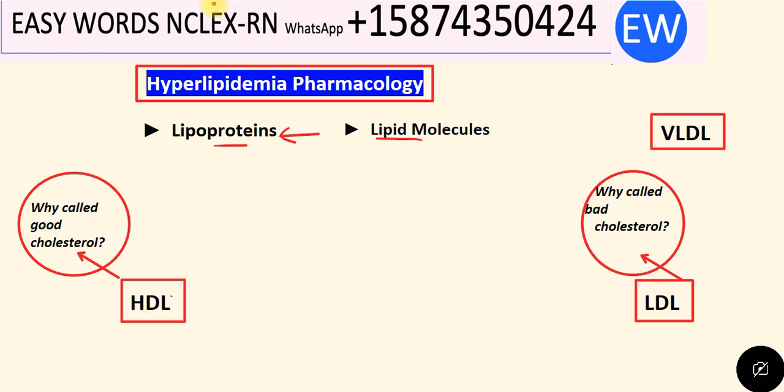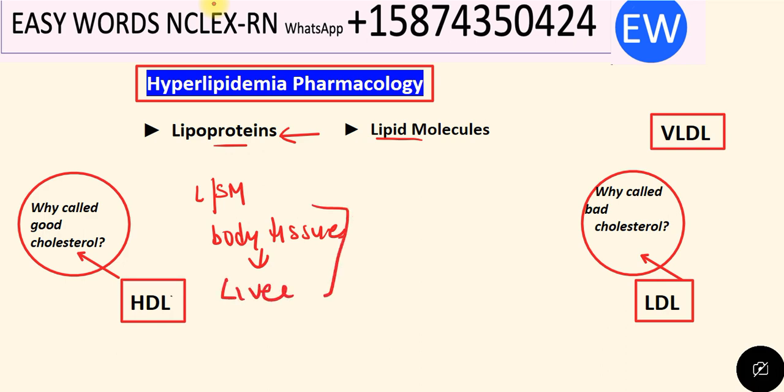HDL is manufactured in the liver and in the small intestine. So, what does it do? It helps transport cholesterol away from the body tissues and takes it back to the liver. This process is called reverse cholesterol transport. Where the cholesterol component of the HDL is broken down to mix with the bile, and then it gets secreted into